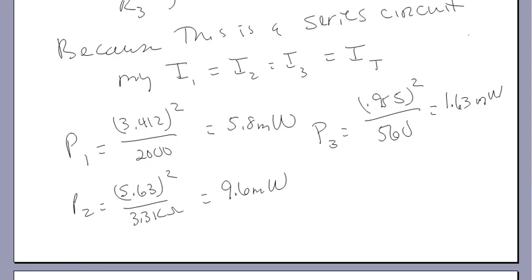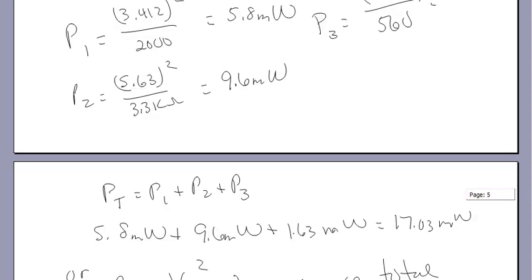Because this is a series circuit, my current values are all the same, meaning when I found my I1, my I2, my I3, they were all what my IT was, because there's only one current path. So if I use my voltage formulas, I can go V squared over R. I just take my V1, that was my 3.4, divided by R1. I get 5.8 milliwatts. Power 2 is the voltage drop across resistor 2, which I calculated to be 5.63 squared, divided by 3300, which is my 9.6 milliwatts. And power 3 is 0.955 squared, divided by 560, which is